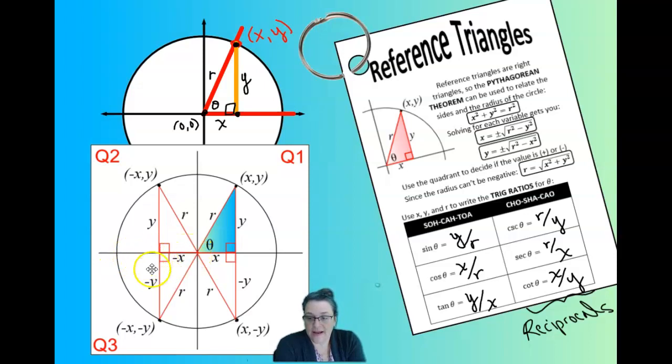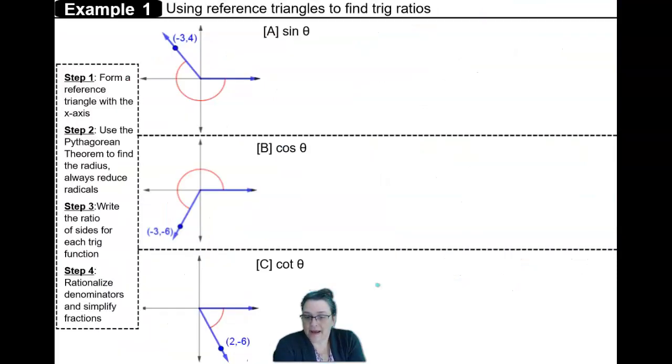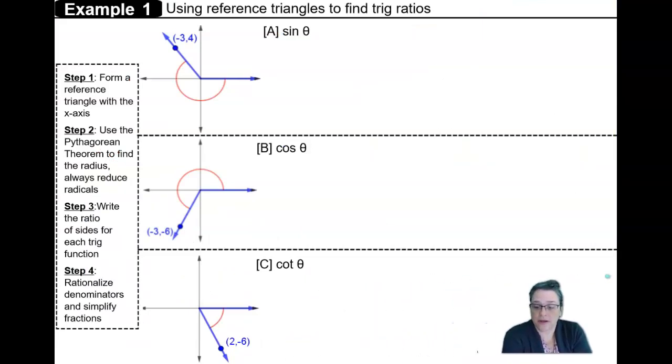We can also have a negative y value if we're headed down in the y direction from the origin. So that's going to mean we can have negative trig ratios as well. So looking at example 1, we're going to find the sine ratio of the acute angle theta, and the point of intersection with the edge of the circle is given as